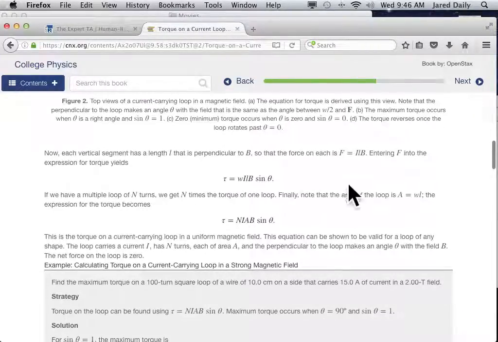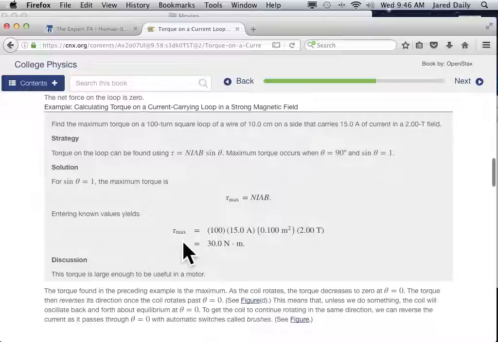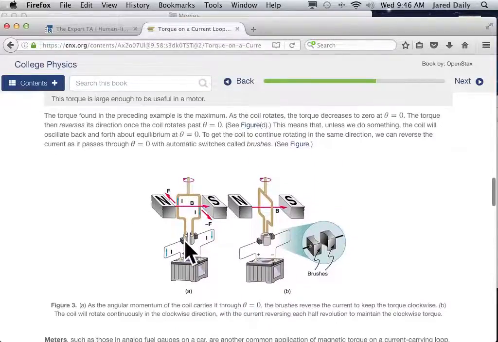Anyway, in any case, this is the equation that will tell you what the torque is on this loop. And if you have many loops, if you loop the wire through many times, then you just multiply that equation by n, and you get the torque on that. And here we can calculate that torque easily. They just tell you all the numbers, you throw them in, you get an answer. That's great. But how are we going to make the current switch